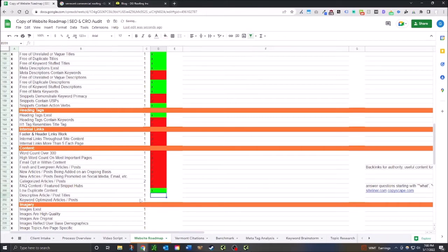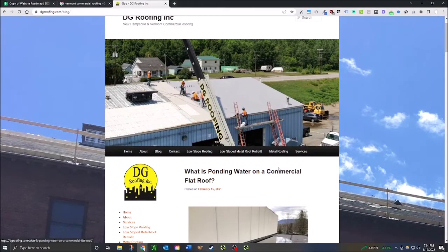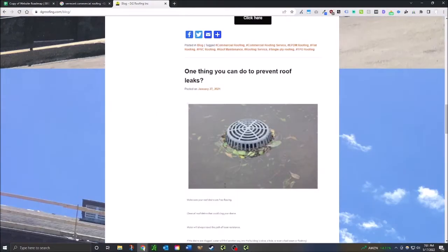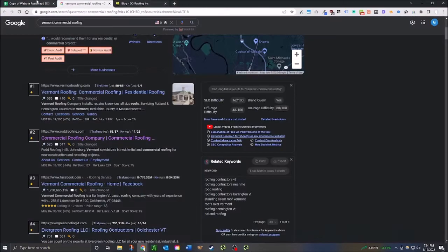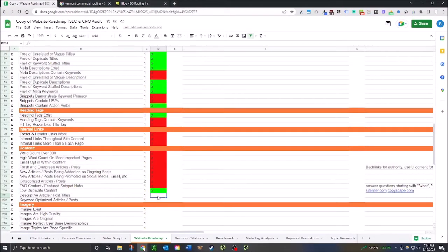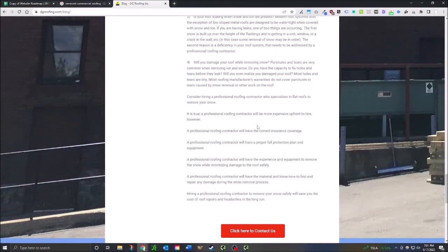I didn't see any duplicate content. There's not really many pages, so we can just say that's good. Descriptive article and post titles. Yeah, I mean, what is ponding water on a commercial flat roof? One thing you can do to prevent roof leaks. Should you remove snow from your flat? Should I hire a professional? So that looks good. I'm just going to go out on a limb and say these probably haven't really been...